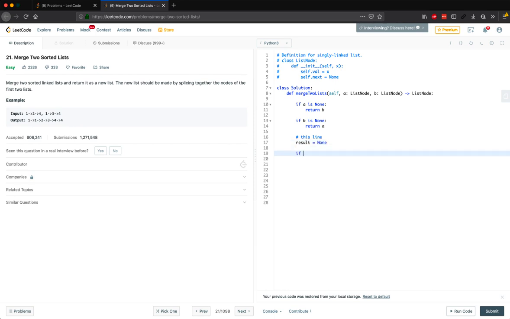So if A dot val is less than B dot val, right? So result is A. And then we move A to the next one. So A equals, actually A dot next. Else result equals B, B equals B dot next. At this point, we have created the result linked list, and actually we have chosen the first element to be